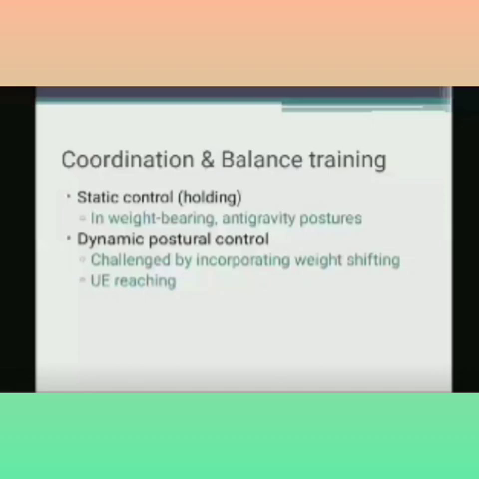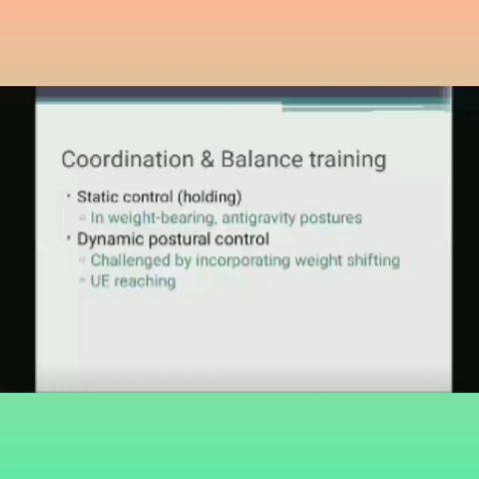Upper limb reaching, right, sitting on the ball. You can see this picture. Sitting on the ball or sitting on a stool or the bed, they can reach out for some object, with holding something in the hand or without holding anything. So this will give the reach out, the weight shifting, and controlling the ball. All those activities together will help in dynamic posture control.